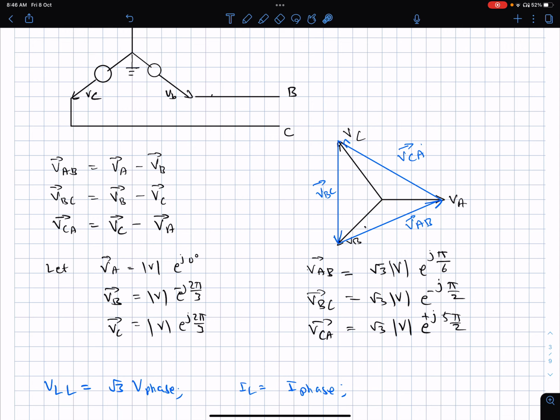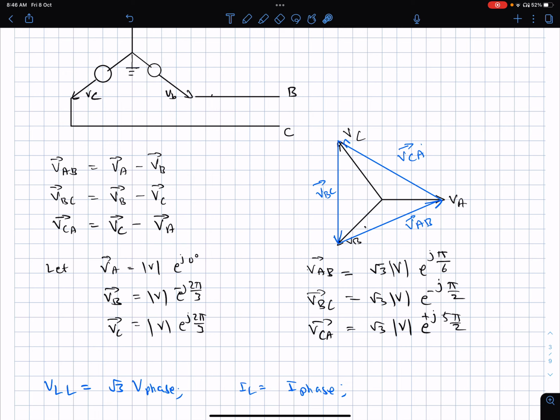So that means what is VAB? VAB is a phasor with the tip on VA and the starting point on VB. So VAB, I put the arrowhead on A and the starting on VB. So similarly then VCA will be a phasor with the arrowhead on C and the starting point on A,